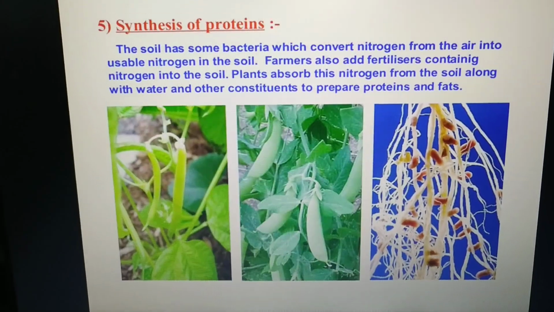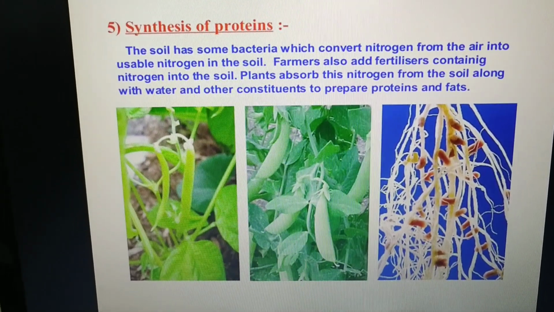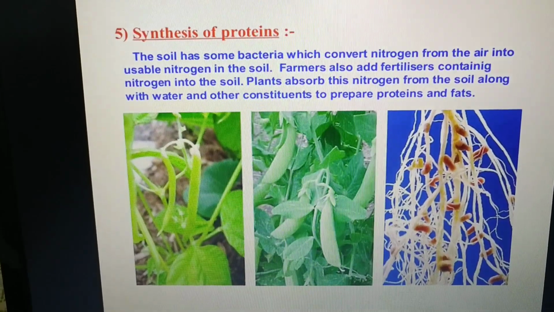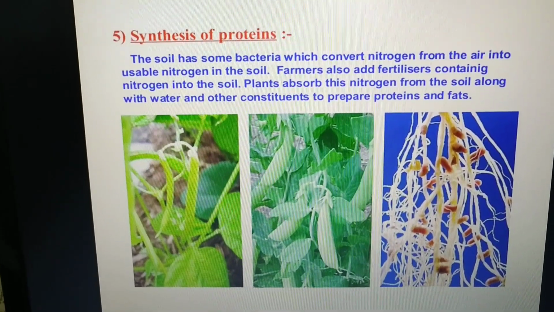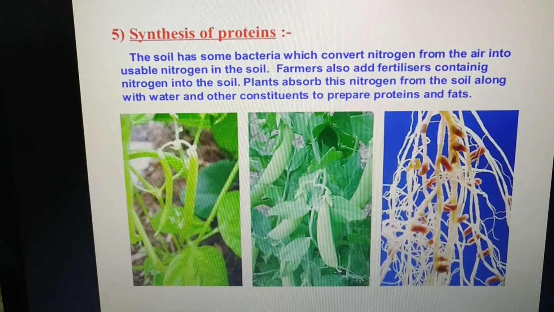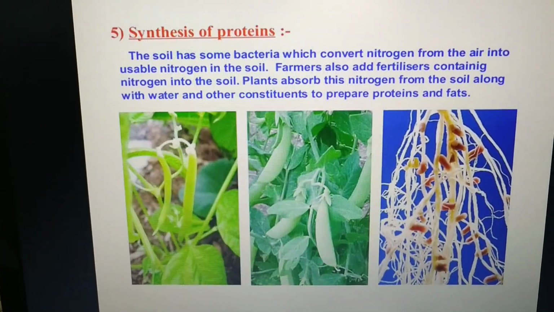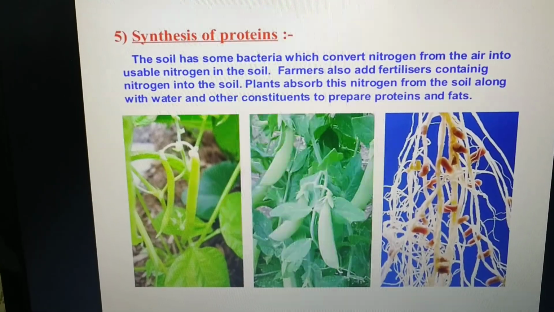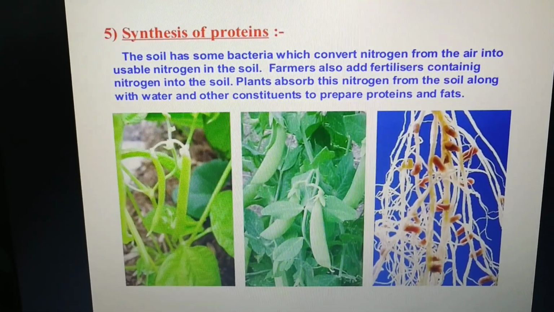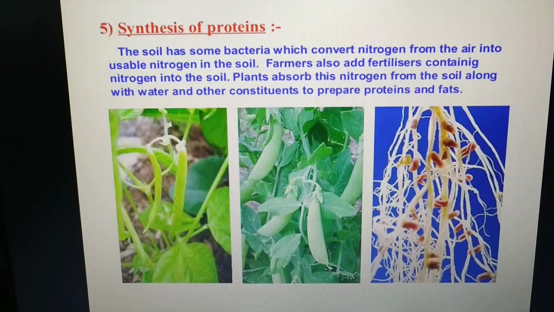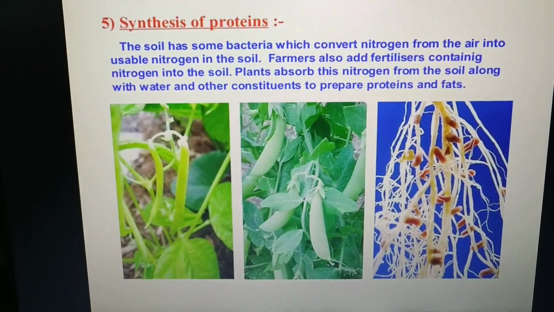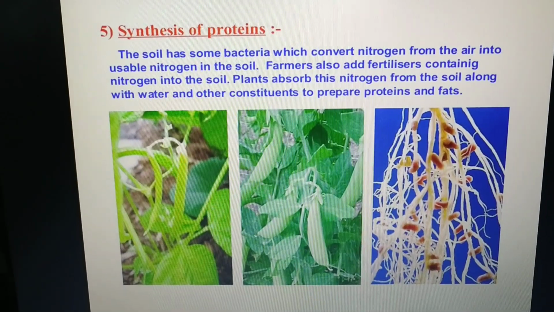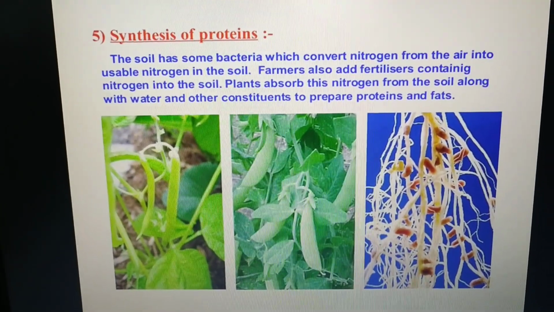Children, soil has certain bacteria that convert gaseous nitrogen into usable form and release it into the soil. This nitrogen is absorbed by plants along with water. And you have seen very well, farmers are using fertilizers and manure. These fertilizers and manure are rich in nitrogen. In this way, plants fulfill their nitrogen requirement along with other constituents, and that is why plants can synthesize protein